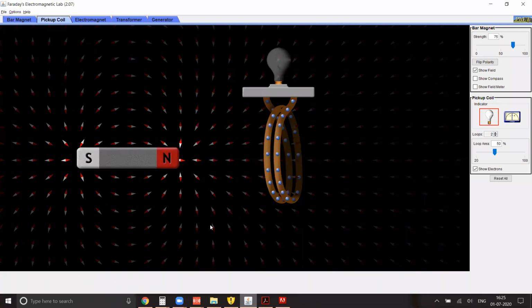See, by now we are clear with one thing. If there is a change in flux taking place within a coil, then current is going to get induced. EMF is induced in it. We are definitely clear with it. Now observe one thing. I need you to answer only two things: whether the flux is increasing or decreasing, and the direction of electrons. And one more point to keep in mind is that the direction of motion of electrons in a conductor is always opposite to the flow of current.